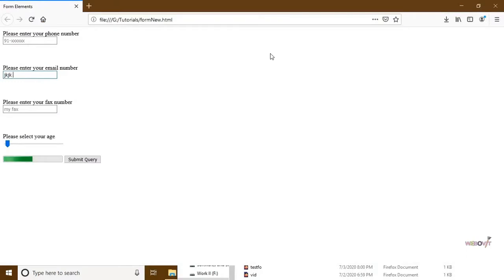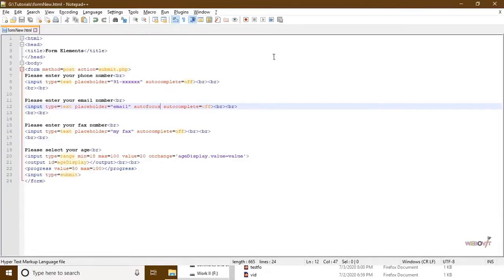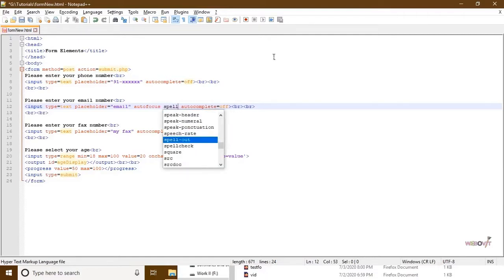Now suppose I am making some spelling mistake here. This browser is not showing any spelling mistake for the input box, but a few browsers show the spelling mistake as well. Suppose you are writing your name and it says this is a wrong spelling because the word is not available in the dictionary. So if you want spell check to be done or not to be done, for that purpose you will use spellcheck. If you mention true,